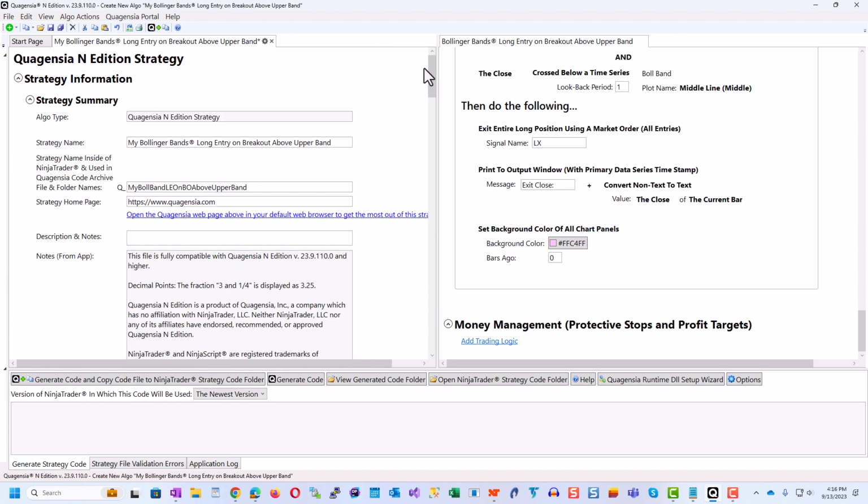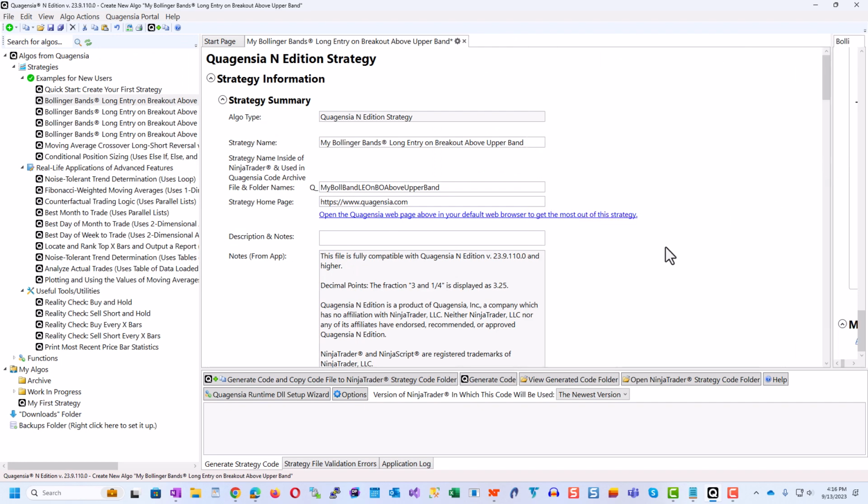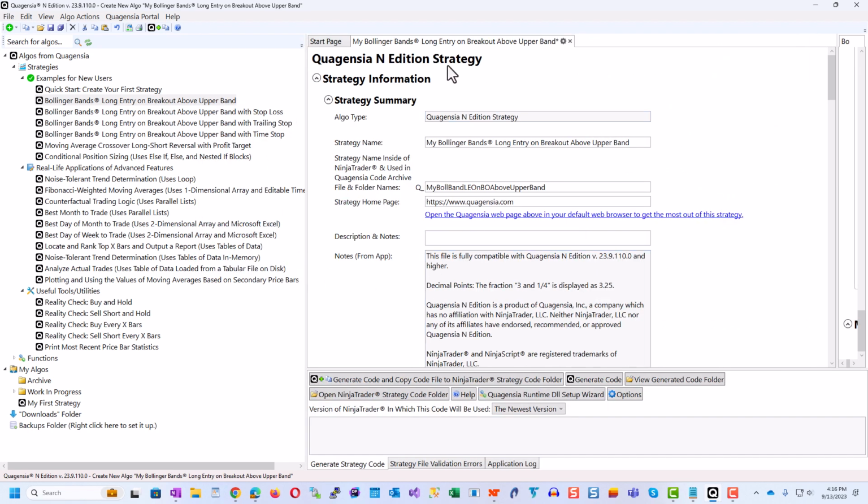Let's go ahead and save this. Here, let's go ahead and get the Algo Explorer open again. And I will just move the built-in one way over to the right so you can't see it anymore. So we have more space. Great, so here's our strategy. So let's go ahead and save this. It will go down here. It will be saved into my Algos folder.